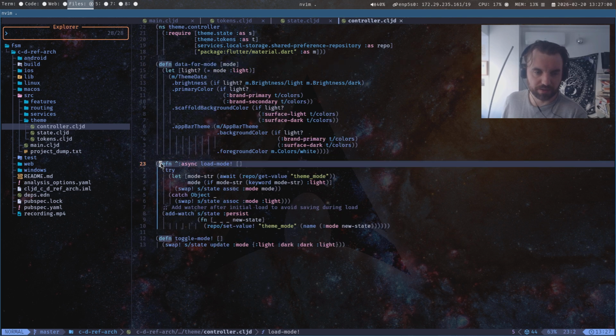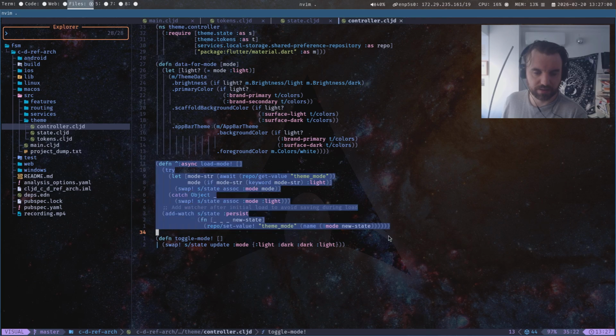so then down here we have basically an async command to get the state if it exists on the local storage, or if it's, this could be a server just as well. But then here's the actual logic.